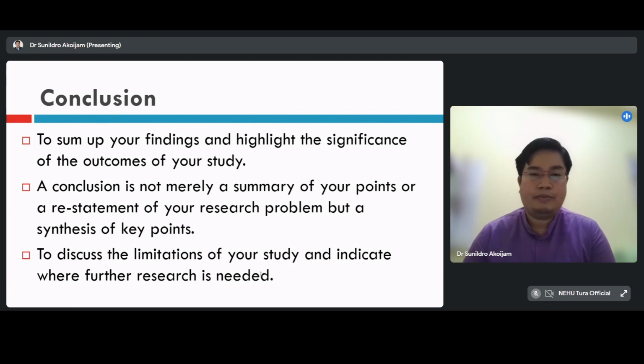And in some of the papers, you include limitations of your study, and you also highlight some future directions of research, but this is not compulsory. If we see many of the reputed journals in today's time, you will find that limitations and future directions of research are normally segregated from the conclusion. They have a separate section and include that there. Or in some journals, you will find that limitations and future directions of research are clubbed with the conclusion. Either will do, but it depends upon the requirement of the journal.